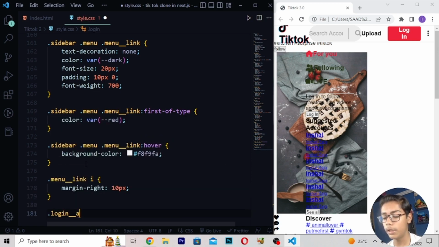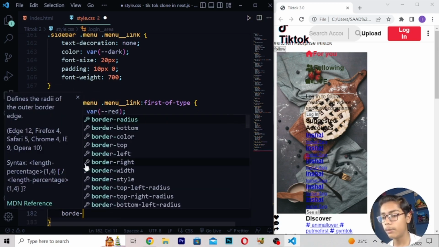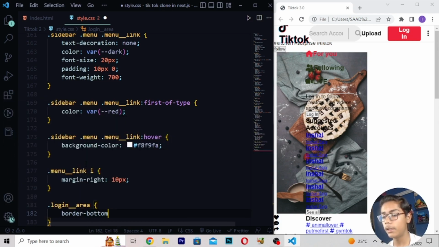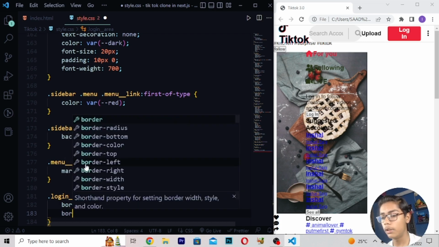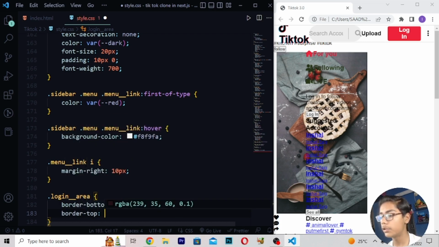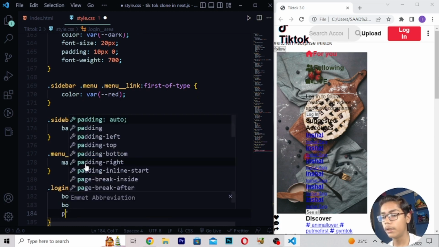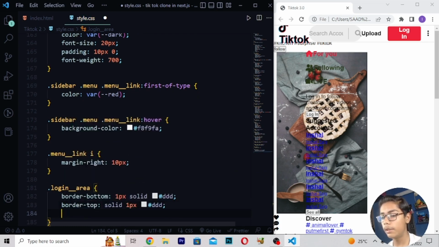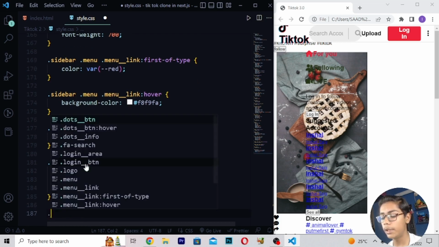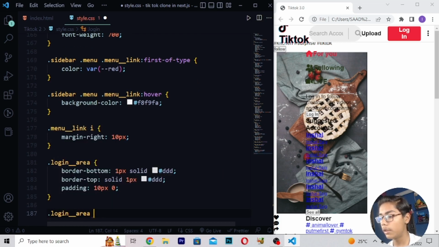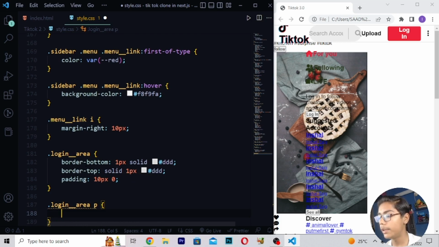.login-area like this, right here border, then I will be writing here bottom 1 pixel solid, right here #ddd, right here border-top which should be solid 1 pixel, then I'll be writing #ddd. And when you've written these all things, here I will be writing padding which should be 10 pixel 0, then I will be writing .login-area, right here p tag,